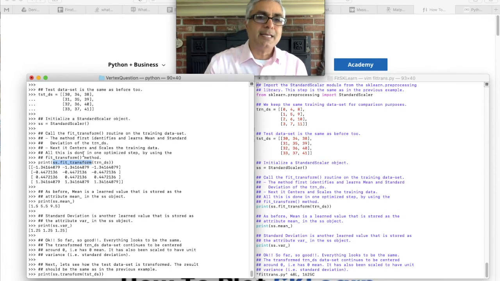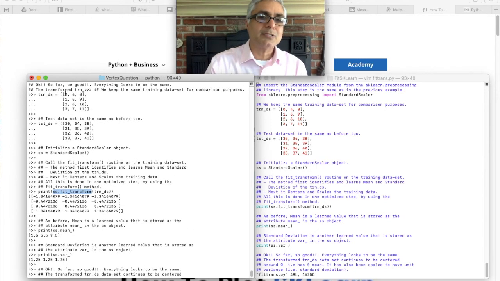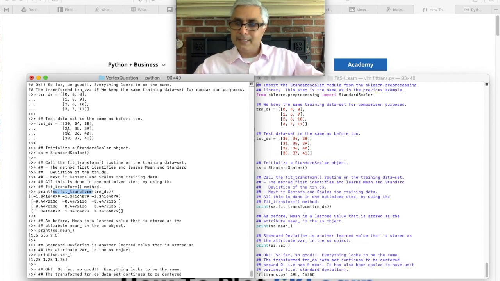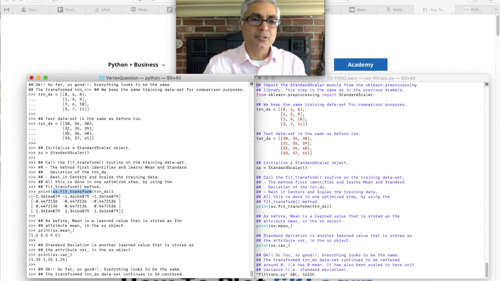So again, we see that our training data set is pretty simple as before, 0, 1, 2, 3, 4, and so on until 11. And this is the test data set. I included this earlier for this particular example. Again, you see it is far apart from the training data set. It is 30, 31, and so on. So it's the same kind of similar data, but it's more skewed to the right.